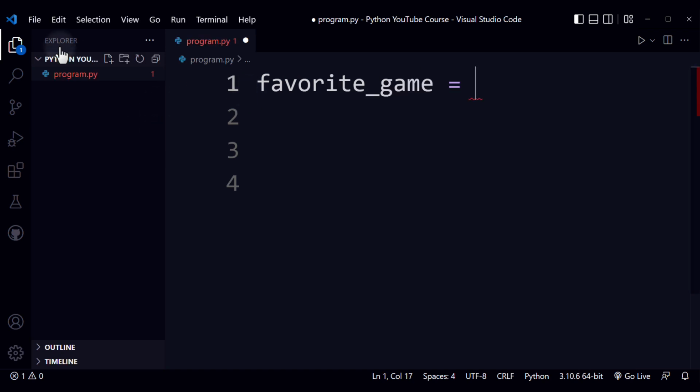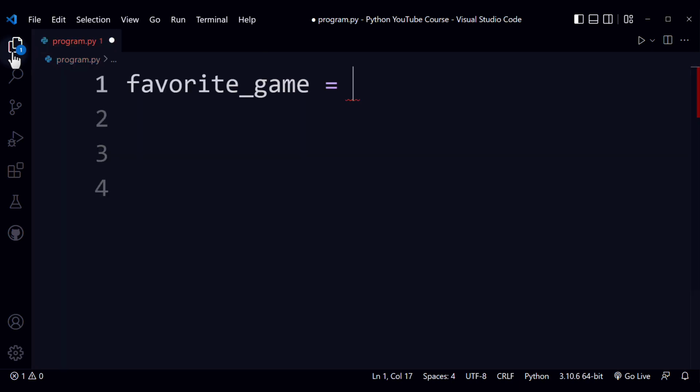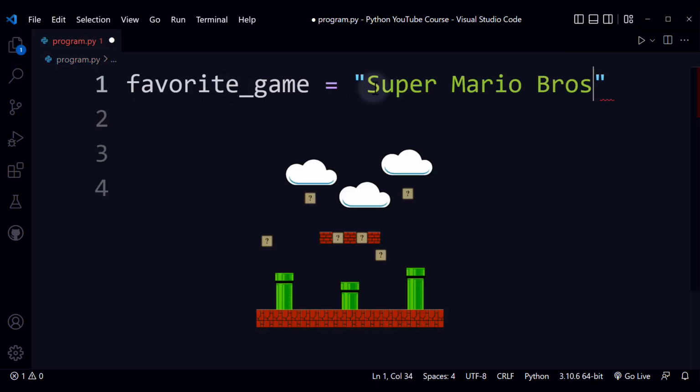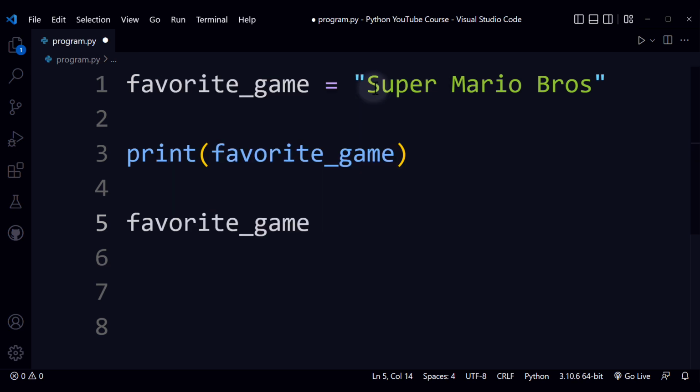Let's define a variable called favorite game. If you click here on the Explorer, you can close this while we don't need to use the Explorer. Okay? Let's say that my favorite game is Super Mario Bros. I'm going to show the value of this variable and then I am going to update it